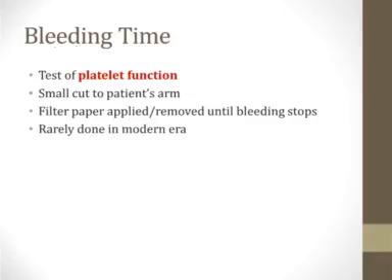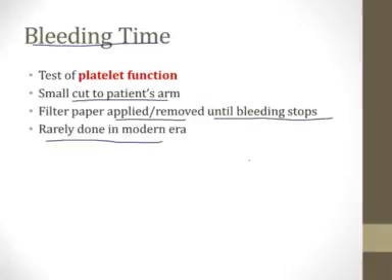There's a test of platelet function called the bleeding time that's abnormal in many platelet disorders. This is a test that's rarely done in the modern era. It used to be done years ago. To perform this test, you make a small cut in the skin on a patient's forearm. You then apply filter paper and remove it at regular intervals until the filter paper comes off clean, indicating that the bleeding had stopped. You then record the time it took for the bleeding to stop, and that time is